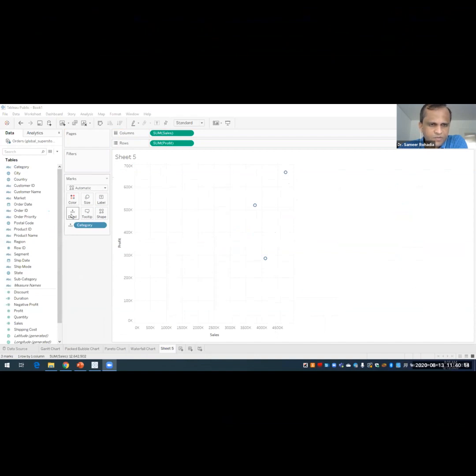Then after putting the category, I drag the subcategory again in the details area. So first I dragged the category in the details area, then subcategory in the details area.